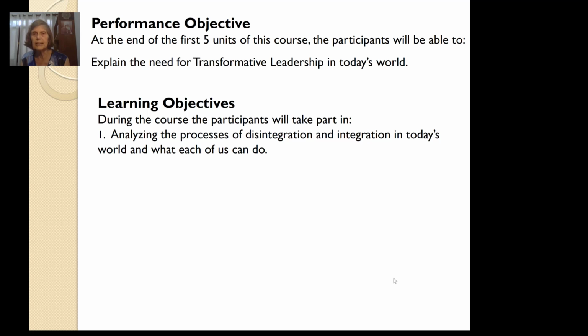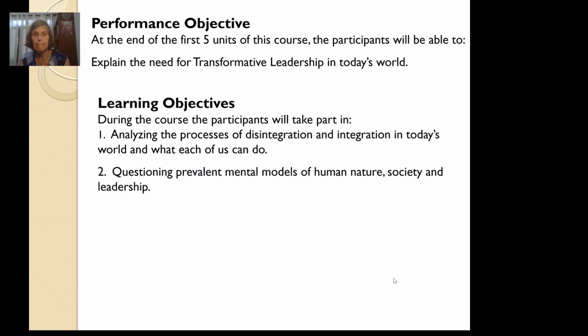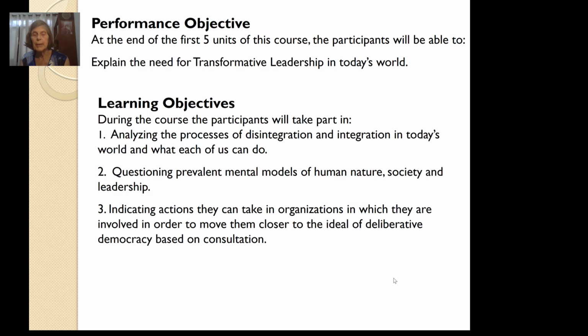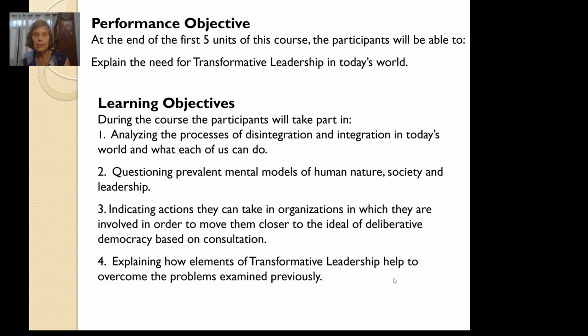Analyzing the processes of disintegration and integration in today's world and what each of us can do. 2. Questioning prevalent mental models of human nature, society, and leadership. 3. Indicating actions they can take in organizations in which they are involved in order to move them closer to the ideal of deliberative democracy based on consultation. 4. Explaining how elements of transformative leadership help to overcome the problems